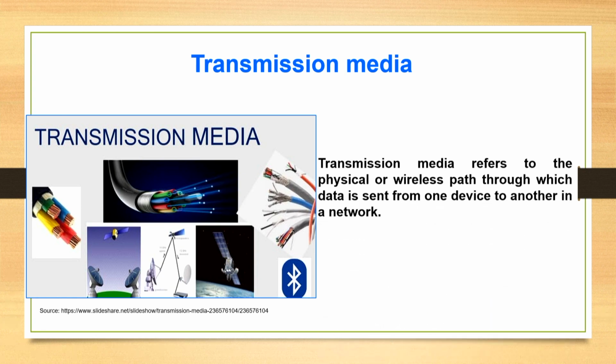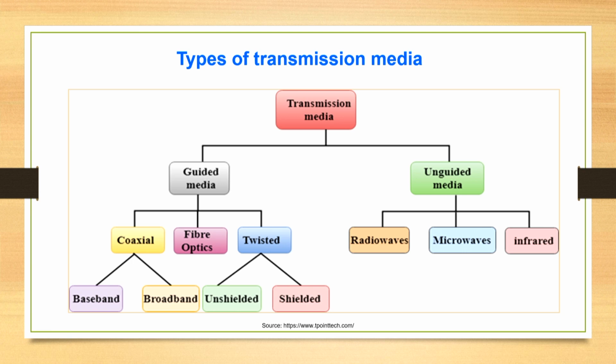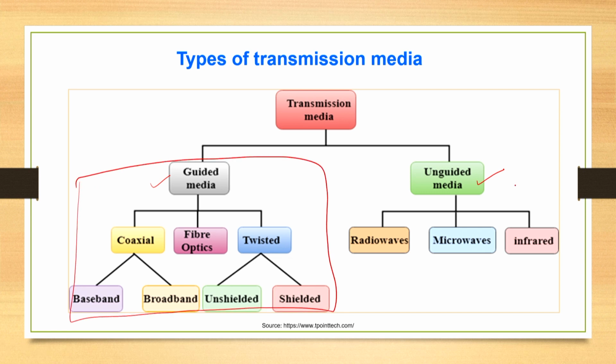So, what basically is a transmission media? It refers to the physical or wireless path through which data is sent from one device to another in a network. There are different types of transmission media. It may be guided media, it may be unguided. Guided means what? It's a wired transmission media, and unguided media means your wireless transmission media. I'll focus on the guided transmission media in this lecture. In the next, I'll cover